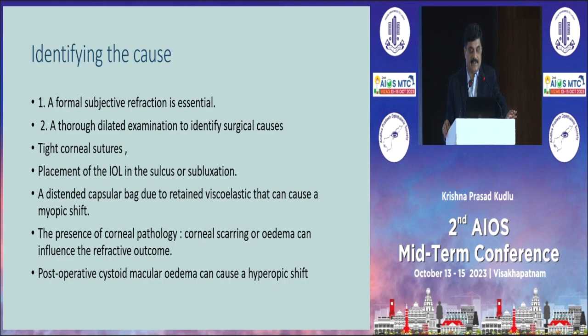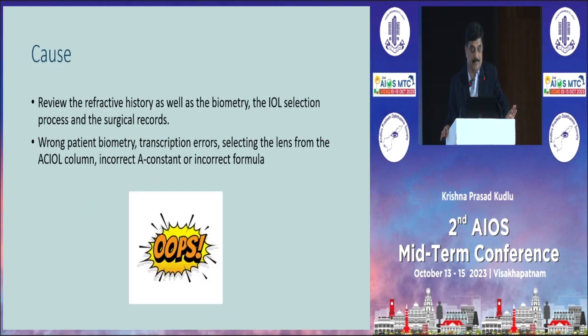Look for a distended capsular bag because of retained viscoelastic. Sometimes it may cause myopic shift. Look for presence of corneal pathology, mainly corneal edema or corneal scar, that may even influence the refractive outcome. In the end, even in the retina, you should look for a postoperative cystoid macular edema that also can cause hyperopic shift. So now you review the refractive history as well as the biometry, the IOL selection process and